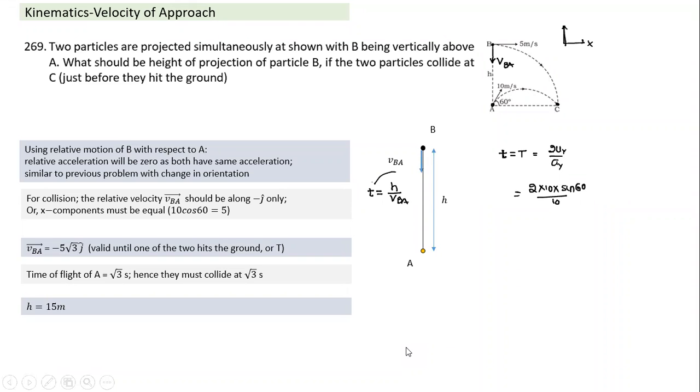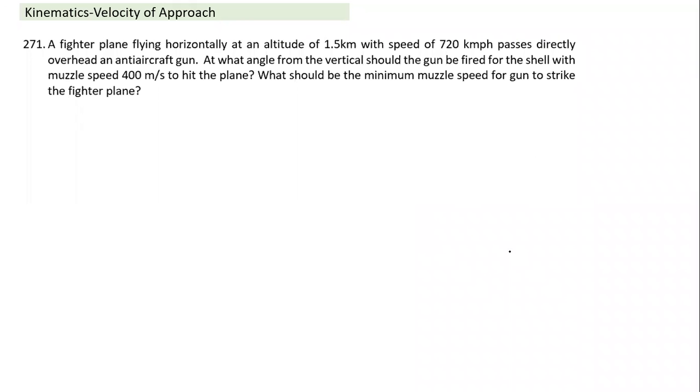Okay, not range and time, but more or less similar. If the height is h, what you are saying is that the time of flight for A, that is the oblique projectile, and the time of flight of B from height h should be equal. That's why only then they'll hit at the same point. So basically, I can also solve TA equal to TB. And TB is equal to root of 2h by g, and that has to be equal to 2uy by g. From this h is the only unknown, and we can find it. So this also could have been used to solve. Next question.